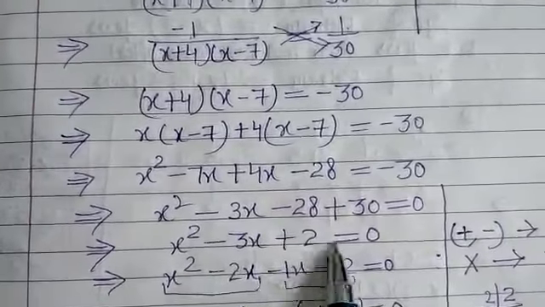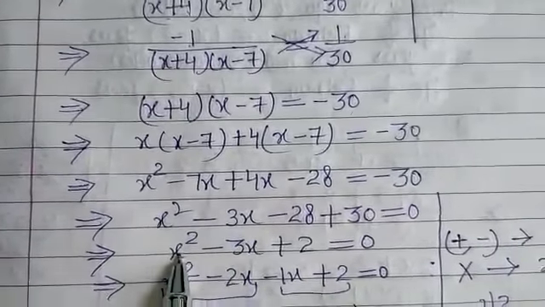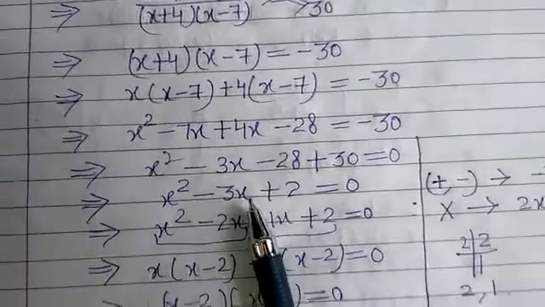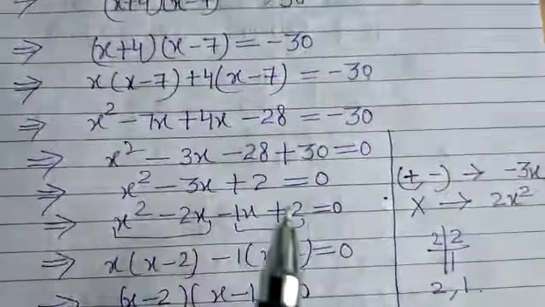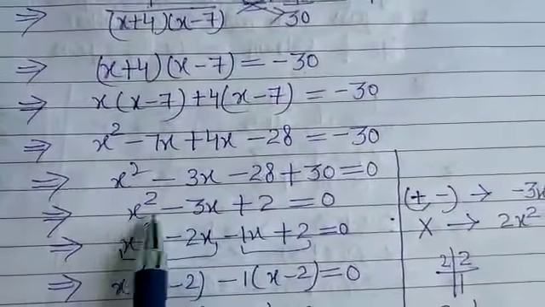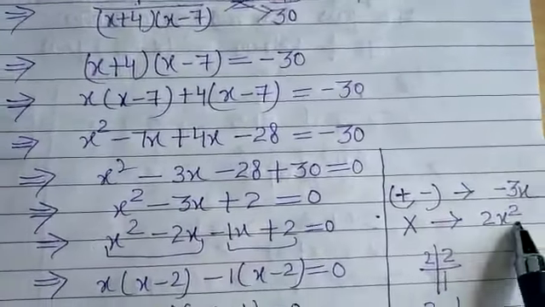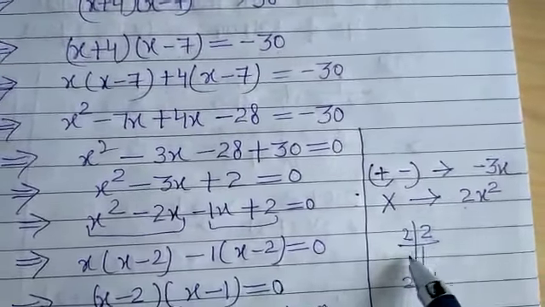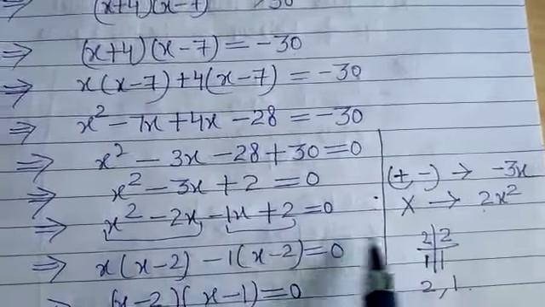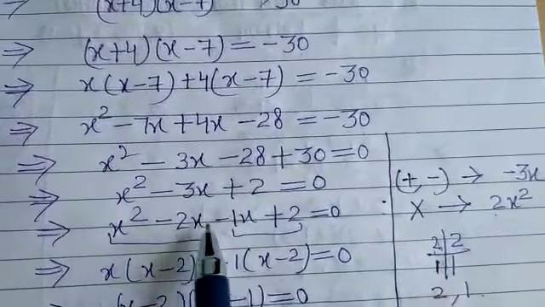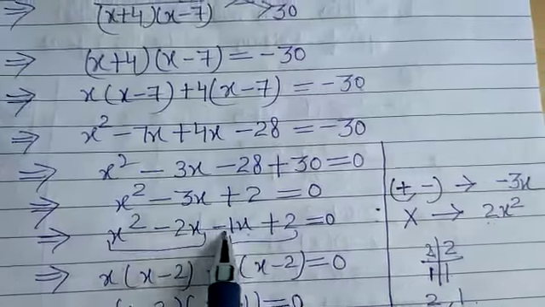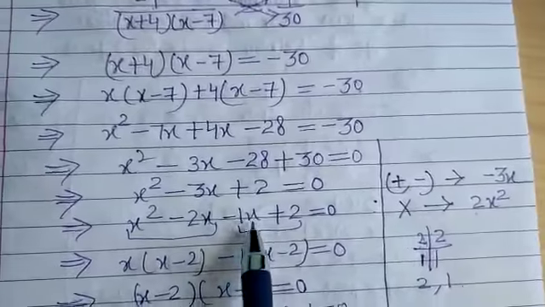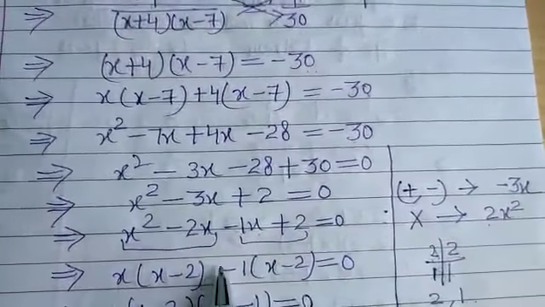Now we will solve it by splitting the middle term. The condition is that we have to break the middle term so that after adding, minus 3x will come, and after multiplication, the product of first and third will come. The product of first and third is 2x square, and its coefficient is 2. So we will do the factorization of 2. The only factorization is 2 and 1. It is a hit and trial method here: minus 2x and minus 1x. So minus 2 and minus 1 is minus 3x. When we multiply, minus minus plus, 2 into 1 is 2x square. So both the conditions are satisfied.